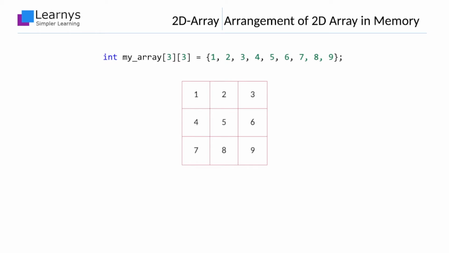Let us continue the previous example and understand how two-dimensional array elements are stored in linear fashion. This is a statement which declares and initializes a two-dimensional integer type array having 3 rows and 3 columns. It will make the compiler allocate 36 contiguous bytes for the array. It has been assumed that a single integer occupies 4 bytes for storage.